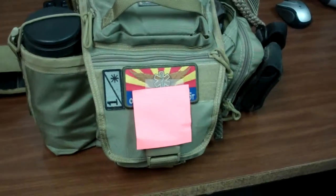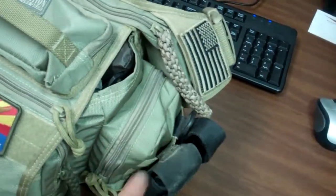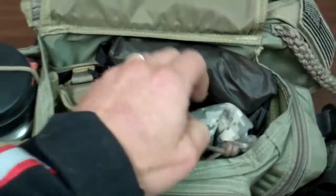First off, this is my everyday carry bag. Got your water, utility tool, flashlight, hygiene, pistol, but we're not here to talk about that. We're here to talk about the kit that you're interested in. So this pack right here, which I carry every day with me,